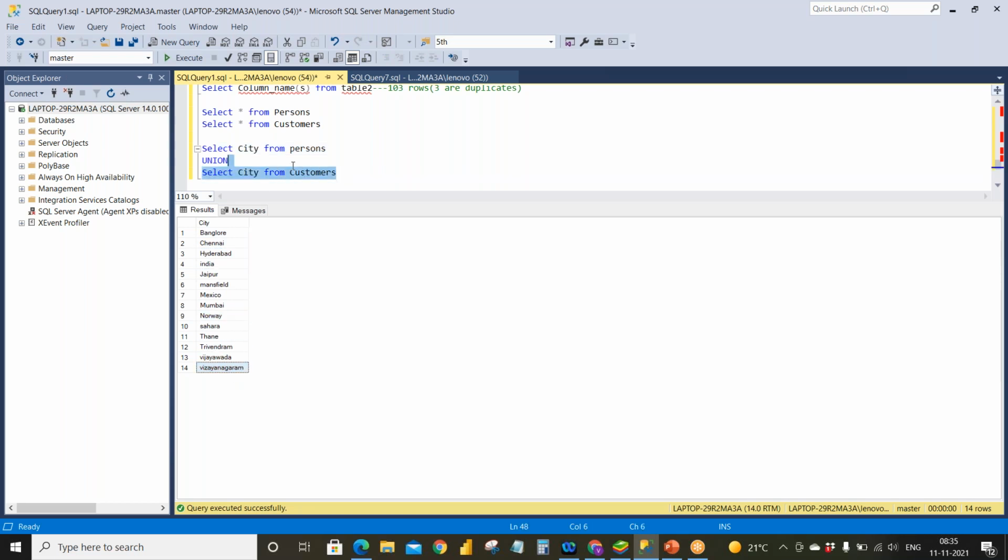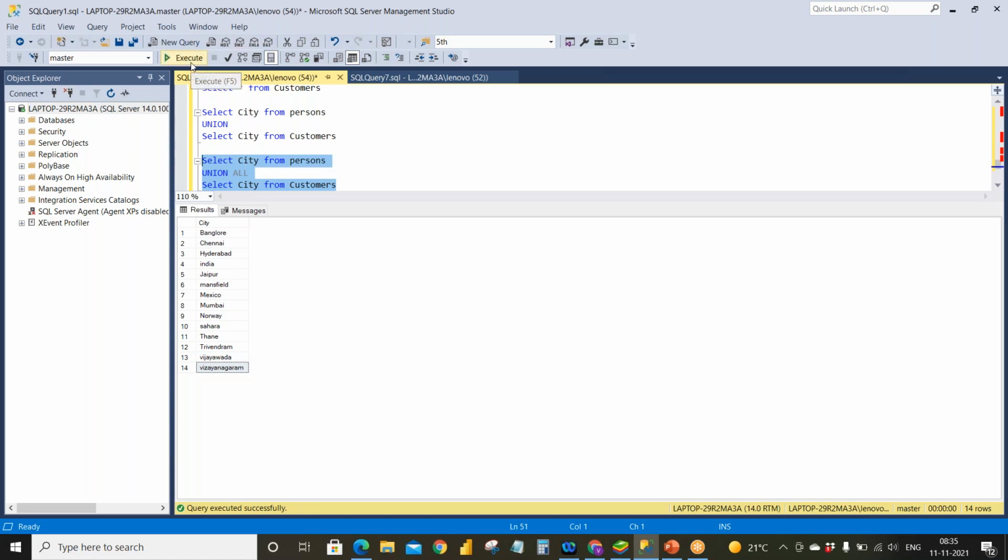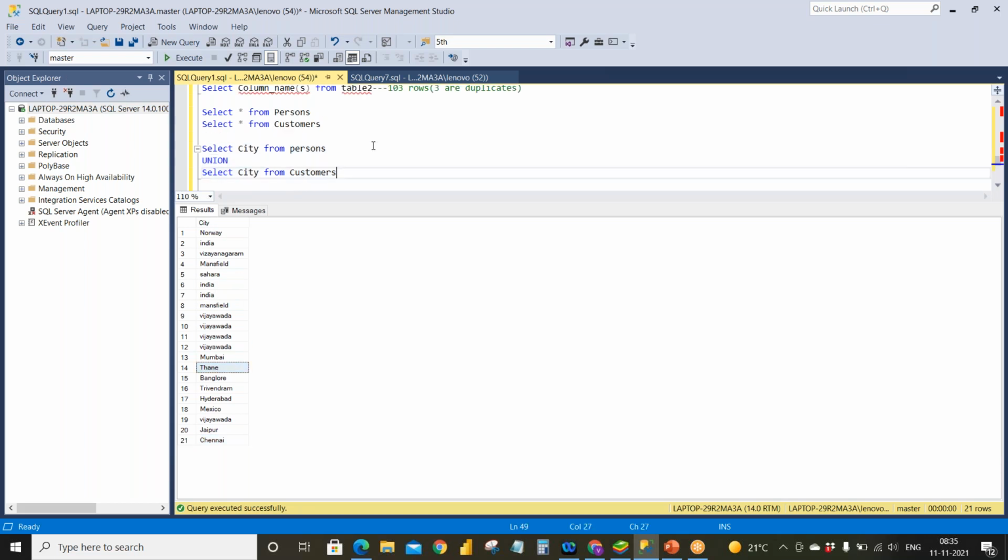In the same example, if you want to get the data of union all, you will get the duplicates as well. That means India will be repeating 3 times or 4 times according to the table. See, I got 21 rows and data is also repeating.